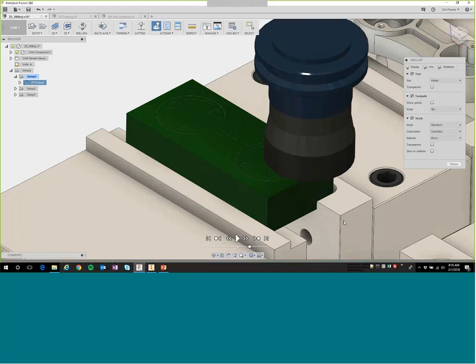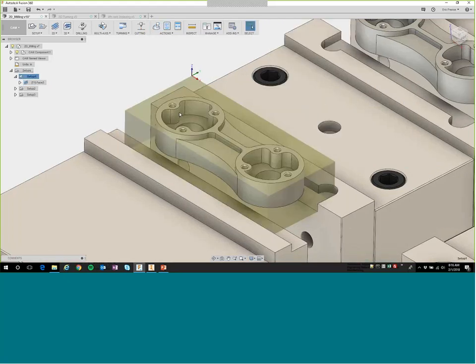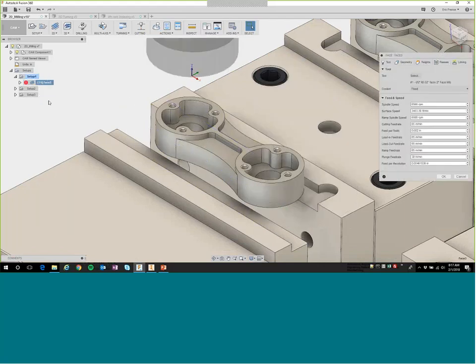Number one, maybe we're pulling a bit too much material off in a single pass, so I'd like to do that in multiple depths. But the other thing is I want the tool to come all the way off the part before it comes back, so that we get a nice finish on the top instead of having it essentially turn on the part. So let's go ahead and edit our